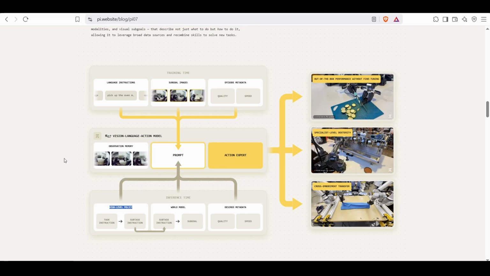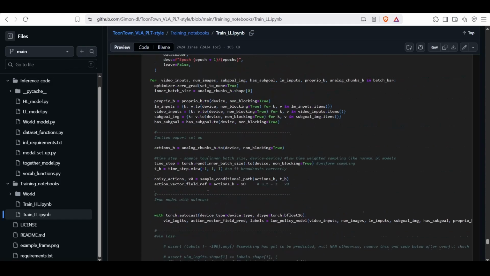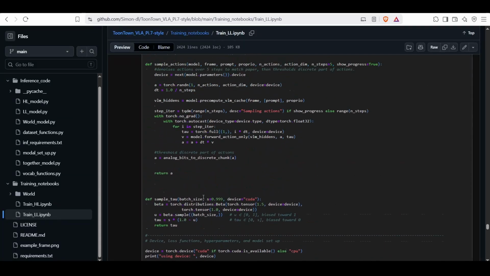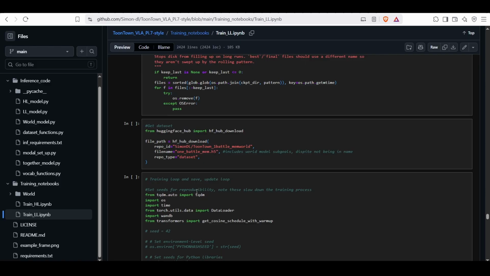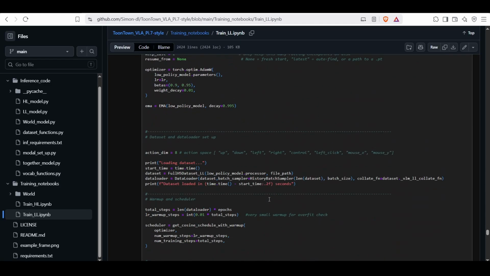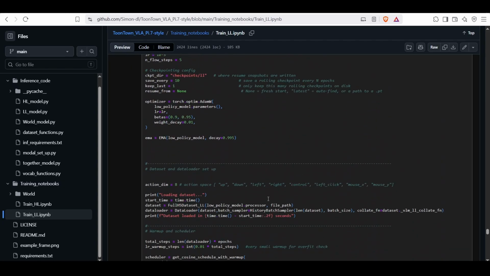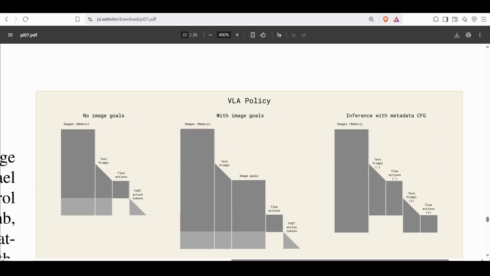On a more personal note with this recreation, I made some mistakes, definitely. So I kind of want to go through those and think about what I can do better next time. One of those mistakes was that I was unable to do this tree packed structure of classifier free guidance. And that's because